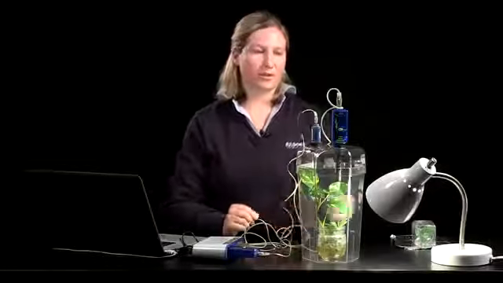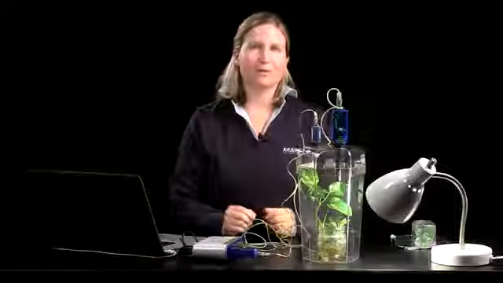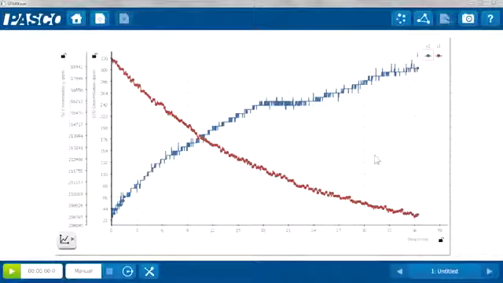You want to provide the plant with a nice direct light. I'm using a bright compact fluorescent light bulb as the light source. On the screen you'll see data that I collected over the course of about 35 minutes. So you can see over long term, about half an hour, that you get really good data for both carbon dioxide and oxygen. And this provides evidence of photosynthesis, helping students understand the equation for photosynthesis and what the reactants